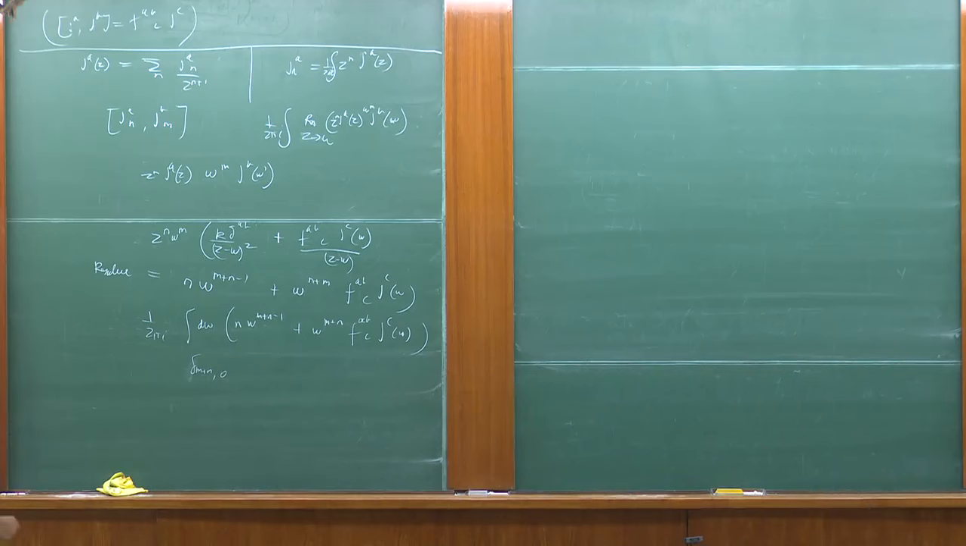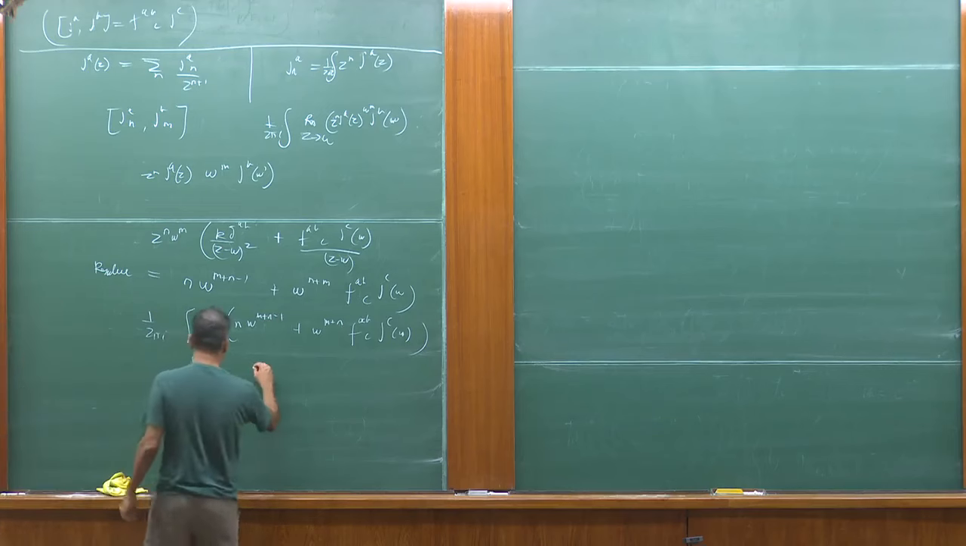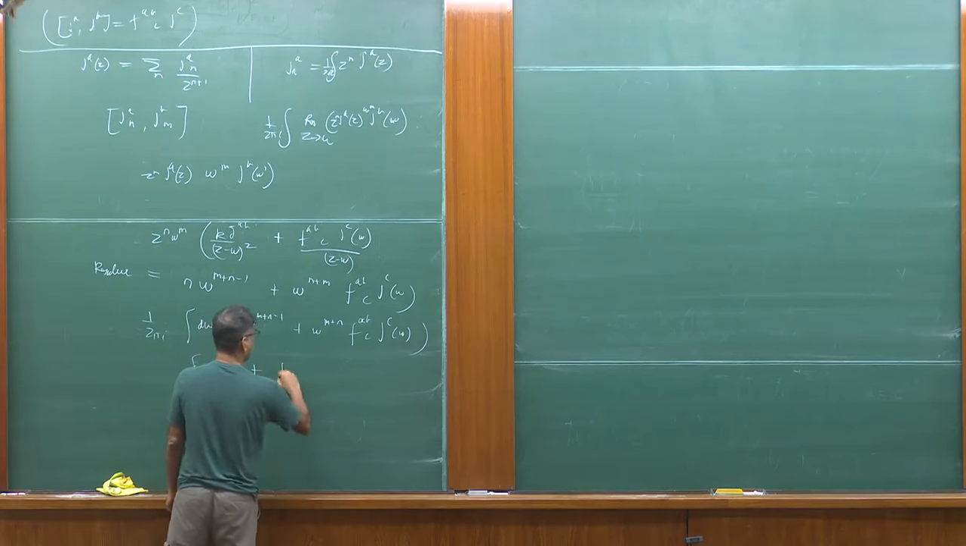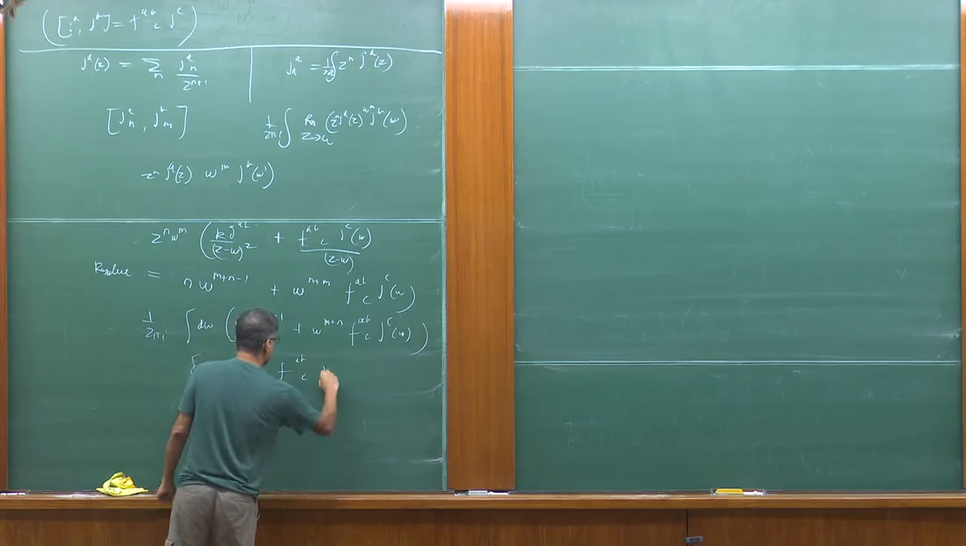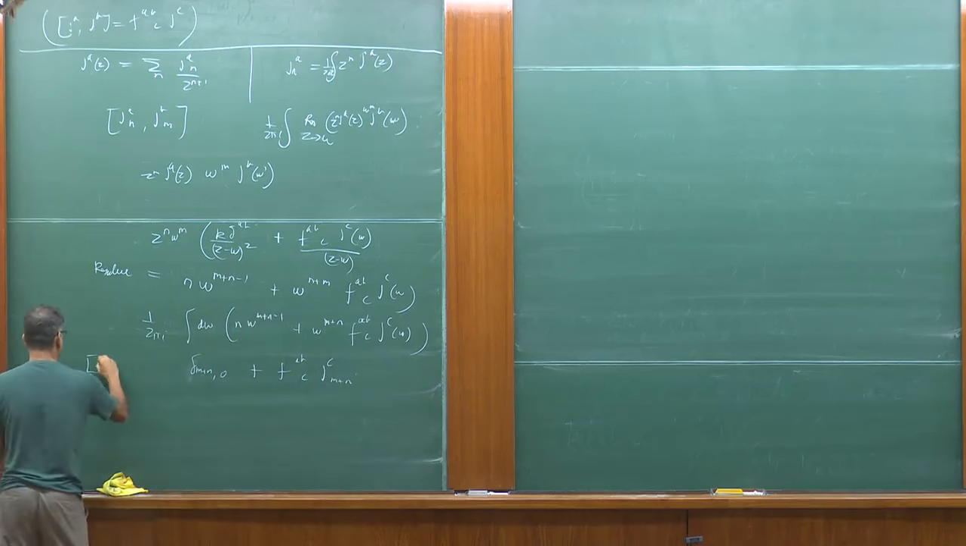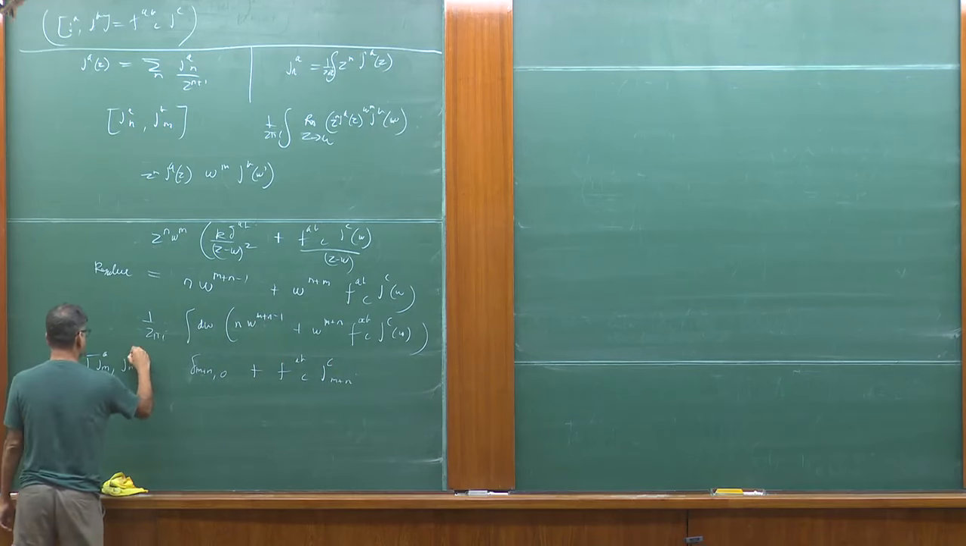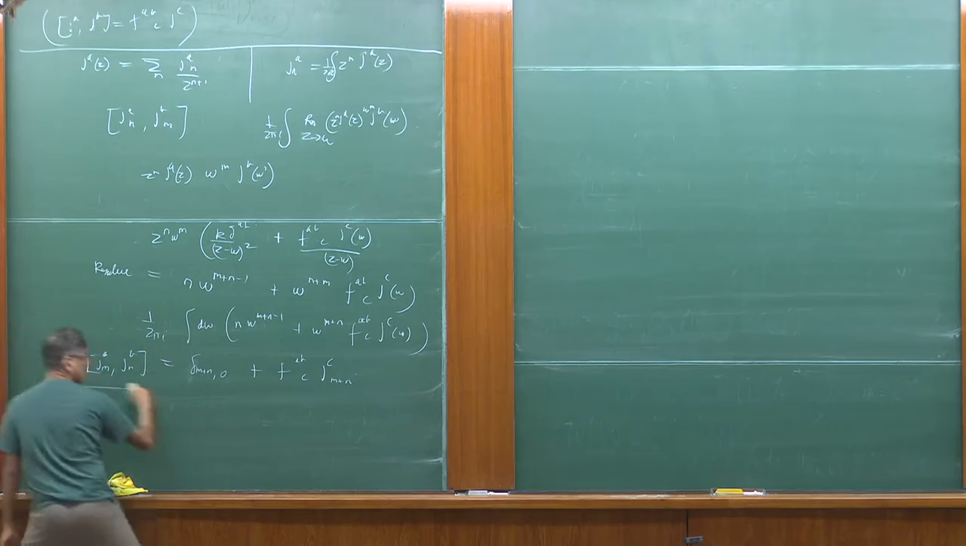And the other guy is, now we look up there. You see, our definition was that J^A_N was a contour integral with the z to the power N. So we've got w to the power M plus N. So this thing is equal to plus f^ABC J^C_{M+N}. Okay, so we conclude that the commutator of J^A_M with J^B_N was equal to